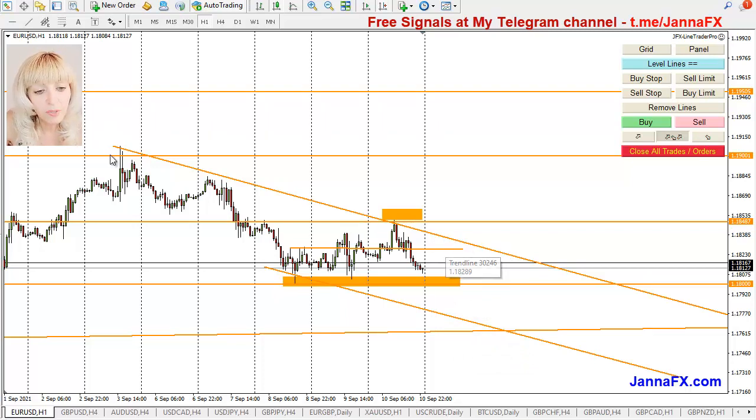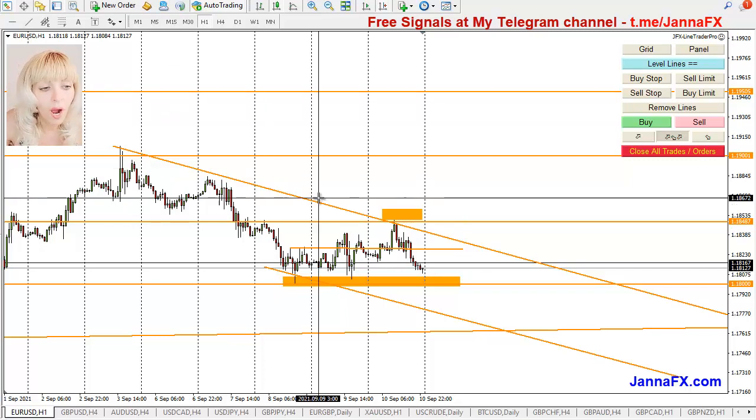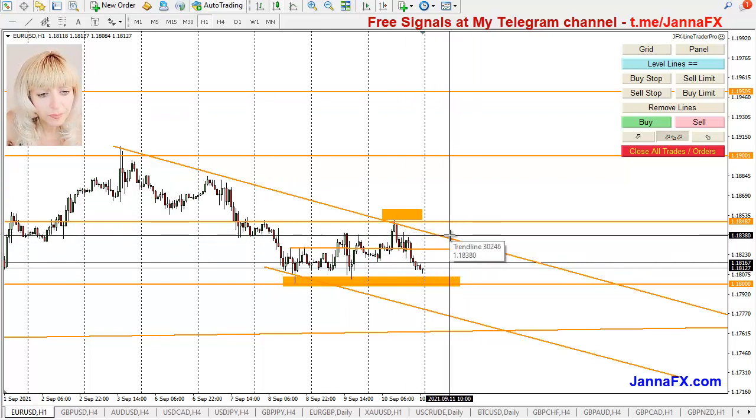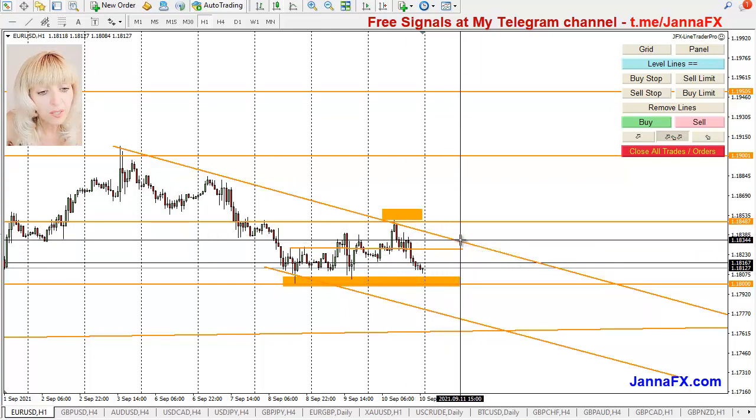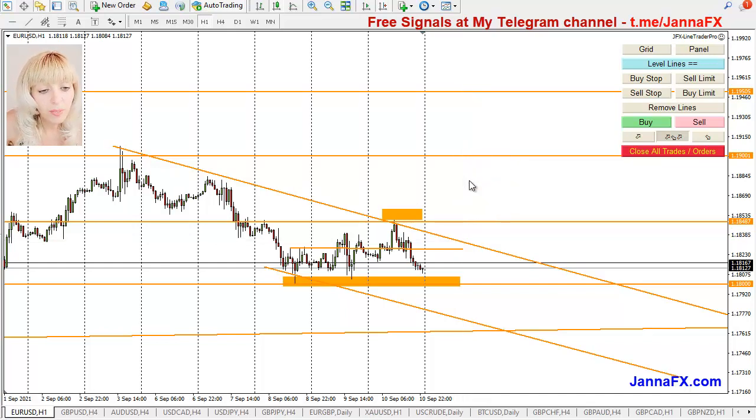Of course, at the same time, I will not be excluding the possibility of it trying to go up. Okay, yes, from here, if it will sit, it might try to go and actually break this, because we do have a little bit higher tops, right? So it might try to go higher and then who knows, stop anywhere in this area, or maybe even try to go back to 119. So quite possible, but